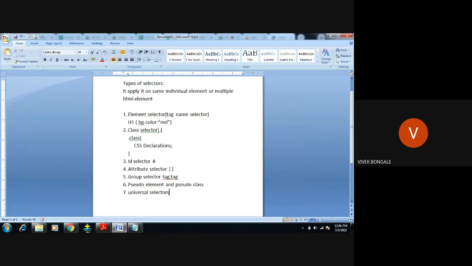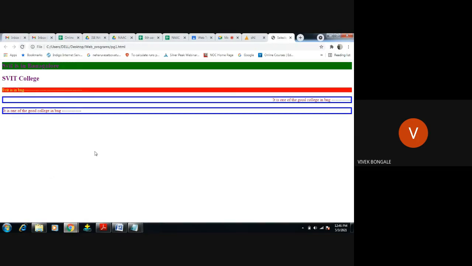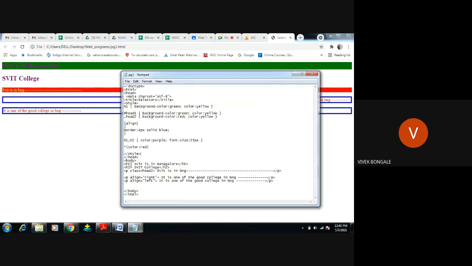Sorry, I save that. Open. No, see, not all the statements we have given in the body are displaying in red color, because we are applying a different rule for each statement here.